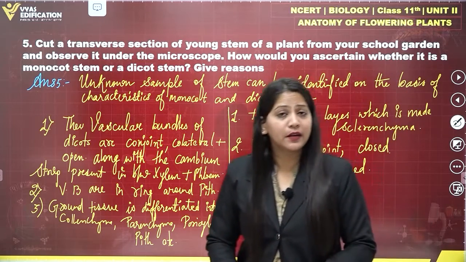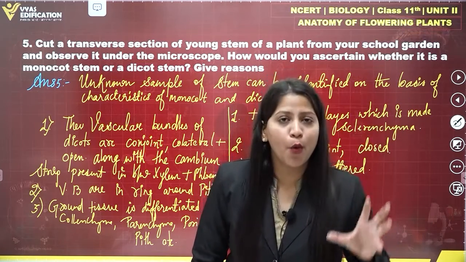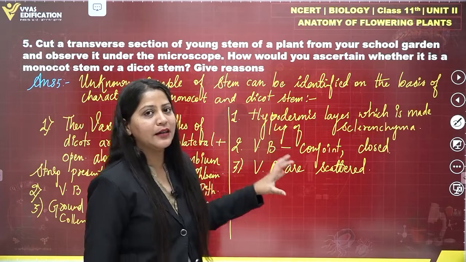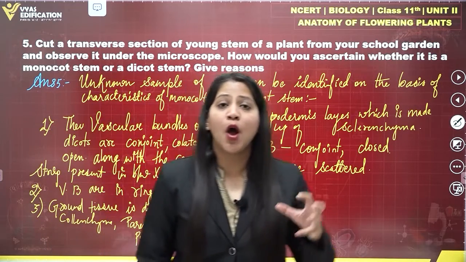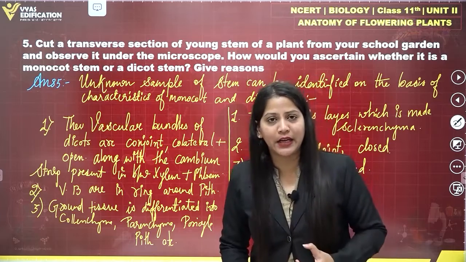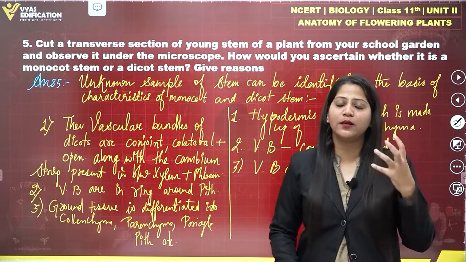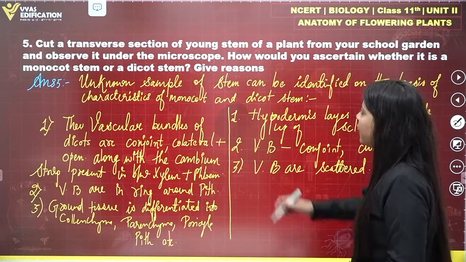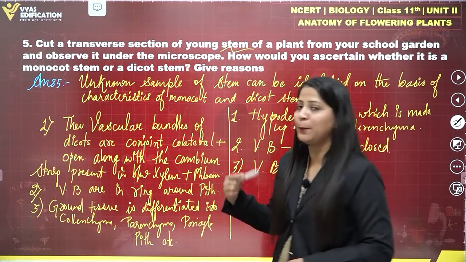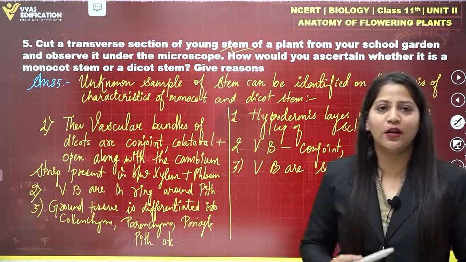So these are some characteristics of monocot stems. We are discussing the characteristics of monocot and dicot stems, on the basis of which we can identify whether the unknown sample is a monocot stem or a dicot stem. So with this we have completed the solution of question number